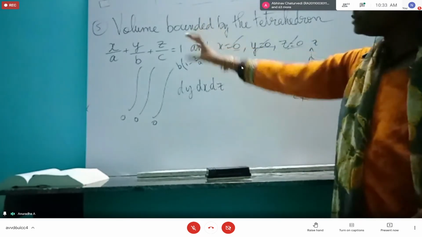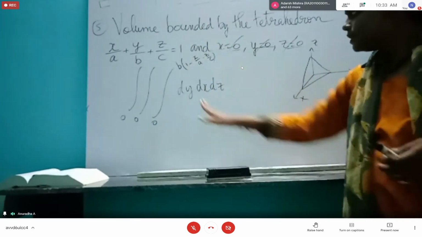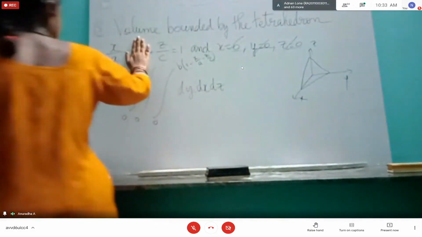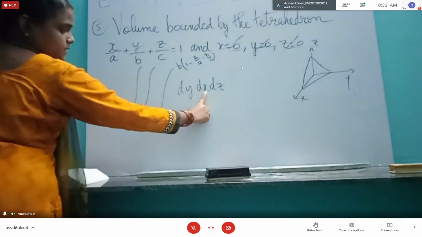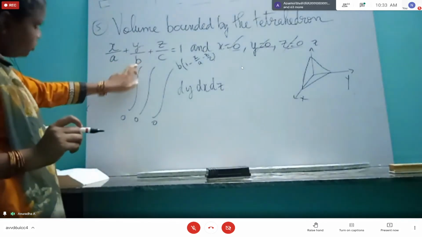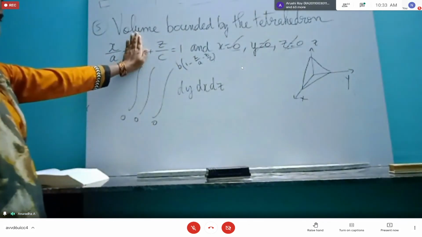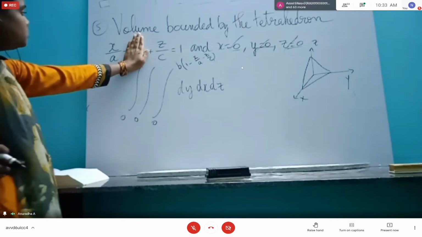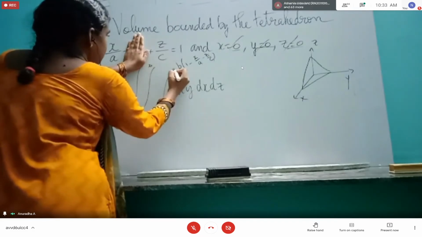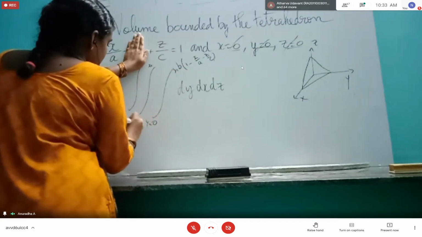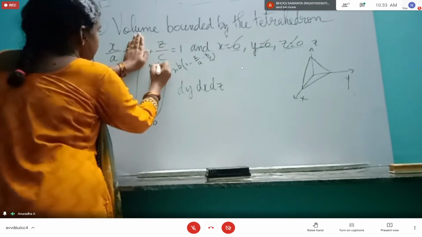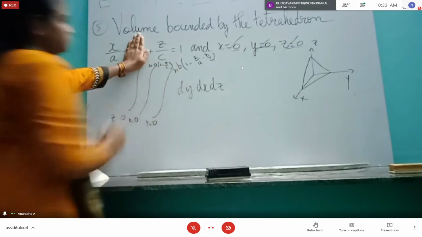Then the same curve is acting, but after this integration y will vanish. So in this question you have to take away y and find x, because x is the next integral. Leave out y, and leave out b also, because when y vanishes its corresponding direction cosine also vanishes. So x is equal to a times 1 minus z by c.